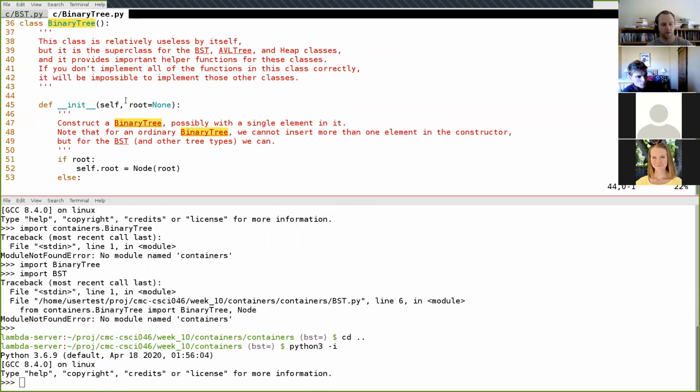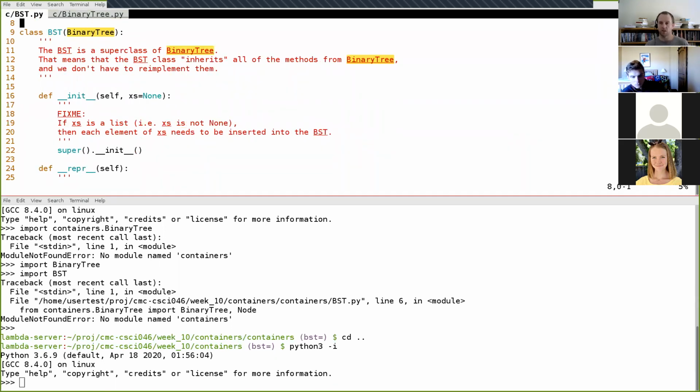The first is that down here in the binary tree constructor function, you notice that we're passing in the ability to have a single node value, just one node. The reason for that is because in the binary tree, there is no generic insert method. There's no generic way to insert, say, 100 things at a time, because we have no rule to follow about what the resulting tree structure should look like. In the BST class, however, it is possible to insert multiple things at once. And so here we're passing in an entire list and not just a single value. So that's the first difference.